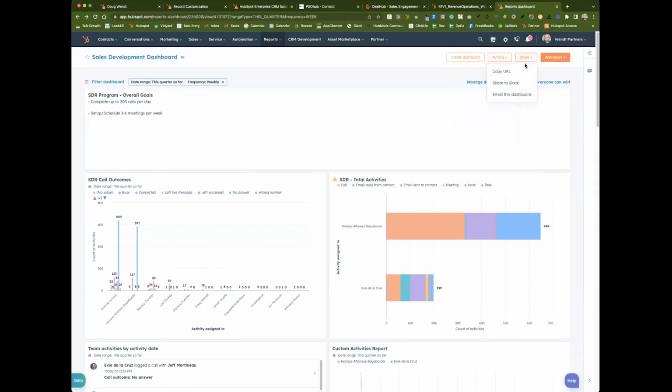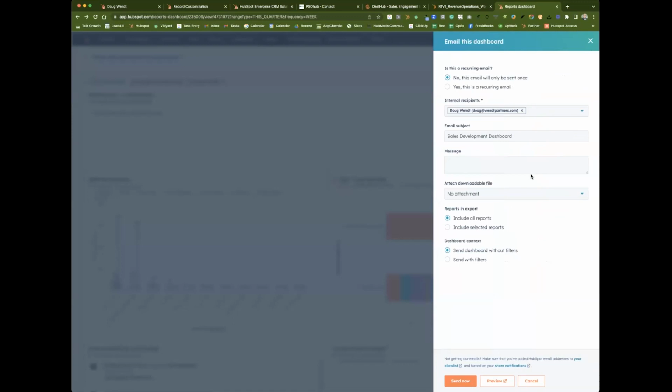And not even just sending the information. You can share it and you can email it and you can set it up as a recurring email. So if you want to get something weekly sent to you, go ahead and set it up as recurring and it'll send it out. So I just think it does a great job of keeping everything you need in one place. But if you need to send it out or you need to manipulate it somewhere else, or if you do an executive dashboard, the power is all there to be able to pull it out as well.